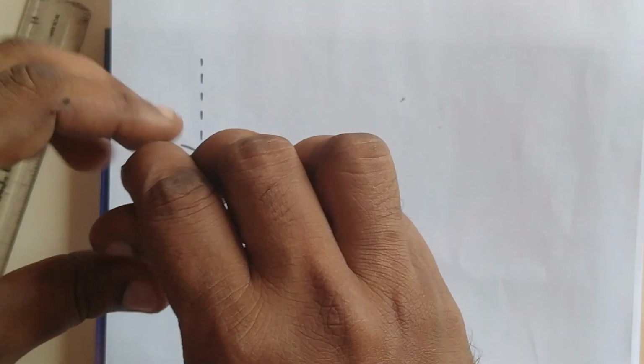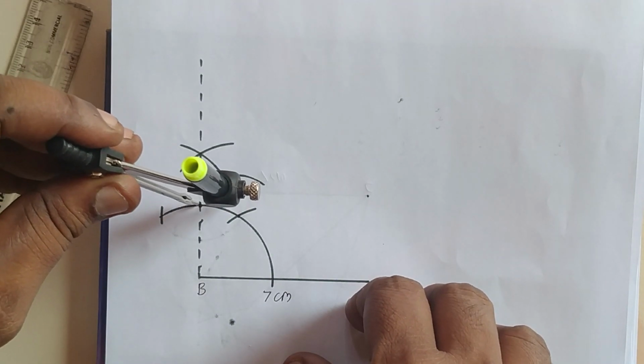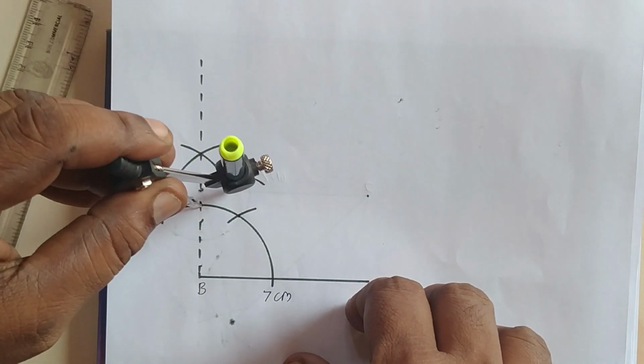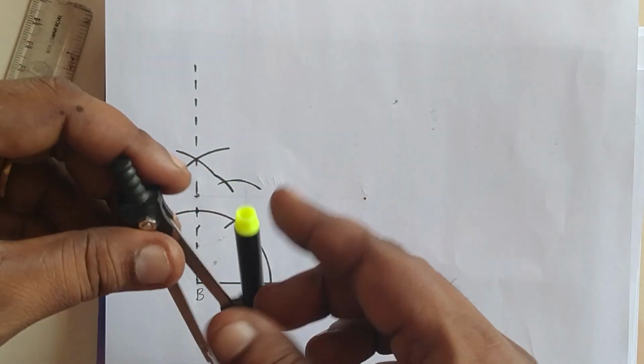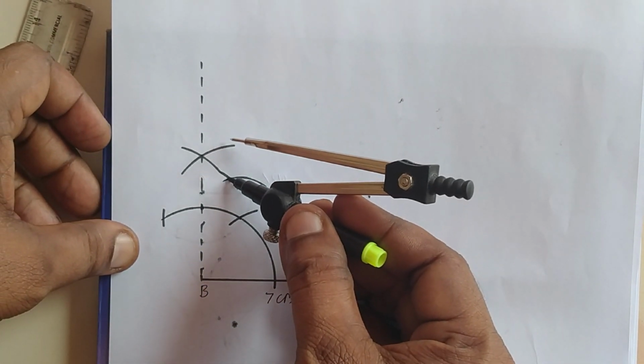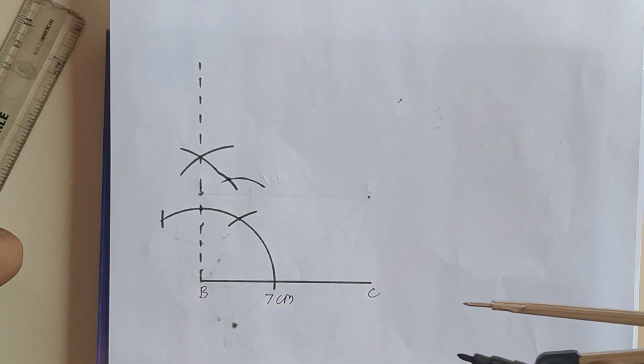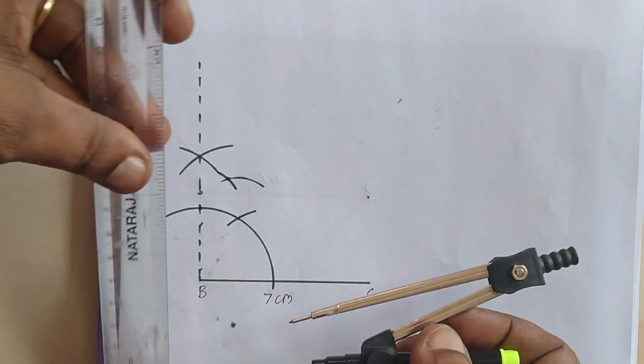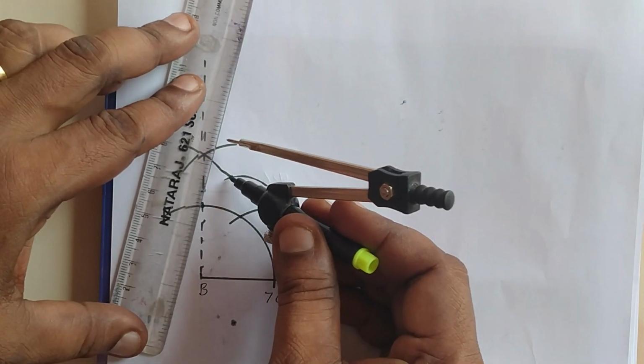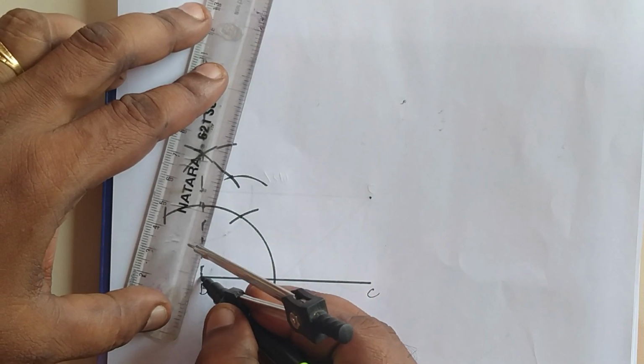So and 90, now I am taking 90. So from here, from 90 you have to draw the arc such that it will intersect the first arc. So this point will give us 75. Now join B with this, which will give us 75 degrees.